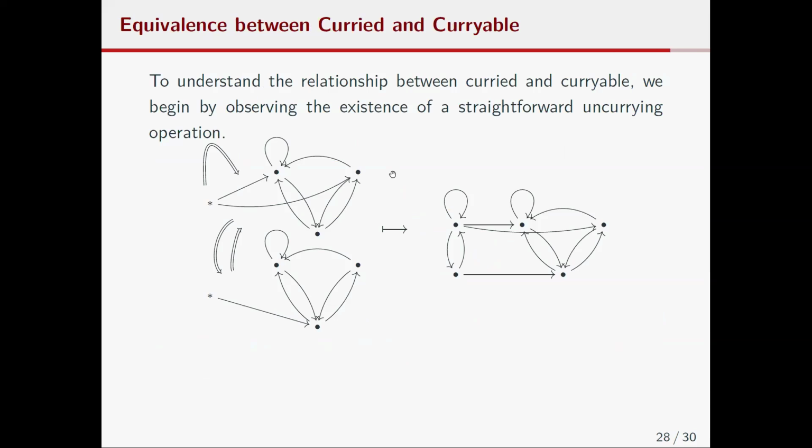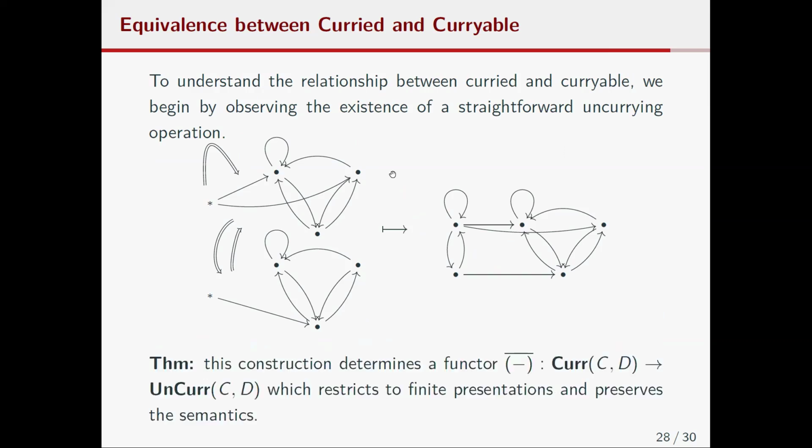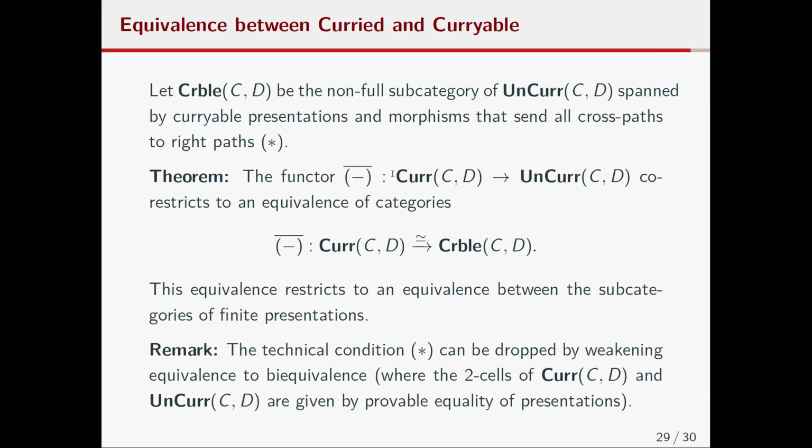But to state it, we can look at a transformation in the opposite direction, which is the flattening of a curried into an uncurried presentation. This determines a functor, which restricts to the finite and also preserves the semantics, which are the two things that we're interested in. And now we have to identify the target that we want to look at,